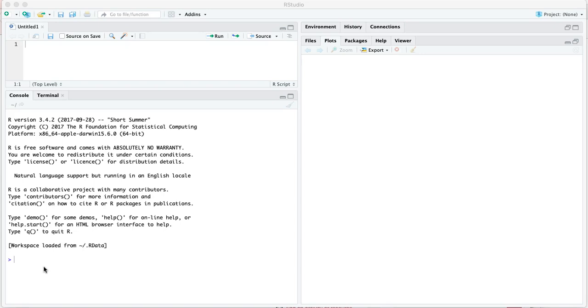And R is a programming language. It is similar to Python or C++ or things like that. R is what we call a very high-level programming language. What that means is that it's really designed for end users to use. You're not expected to be a developer or anything like that. You are expected to be a researcher who wants to find the answer to a question that you have,